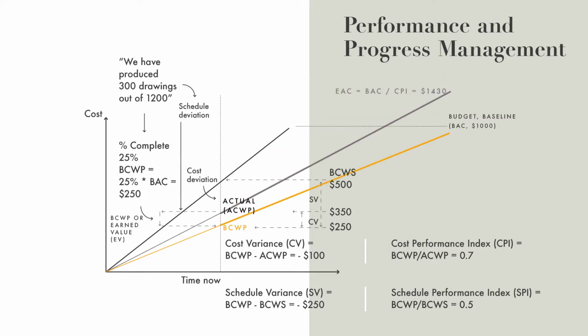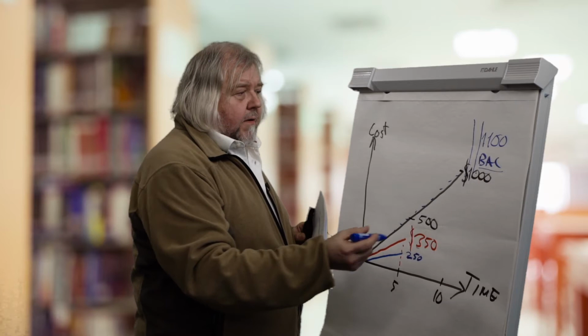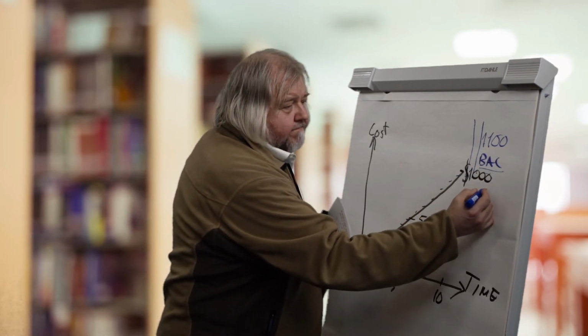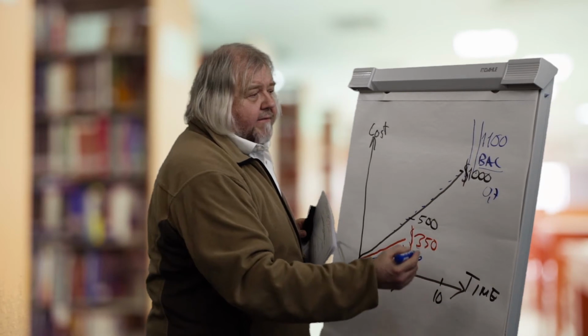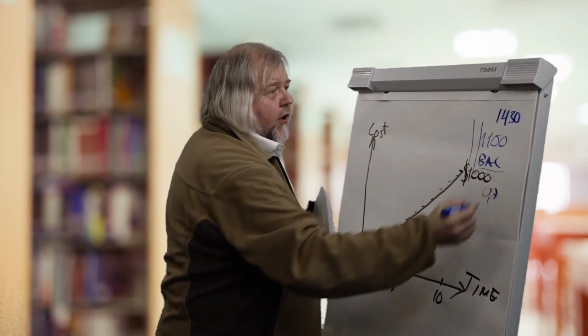This other picture shows another estimate that is based on another assumption: that our schedule performance index and cost performance index continue being the same throughout the whole project. So now we are dividing the budget at completion by the cost performance index of 0.7, and we get an estimated cost of 1,430,